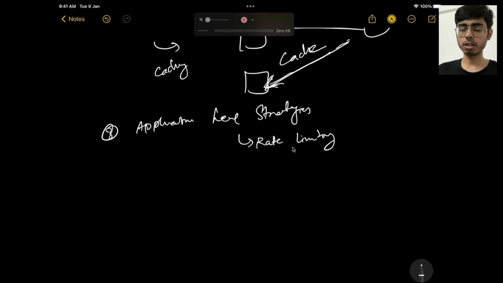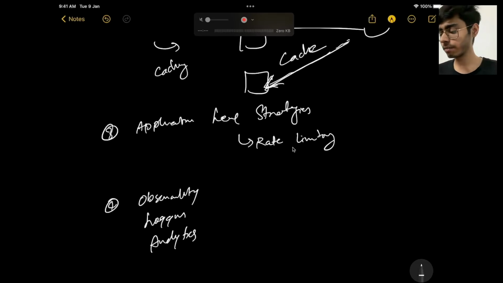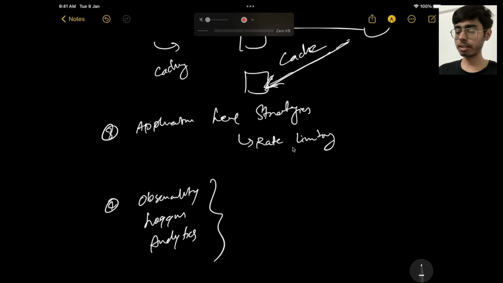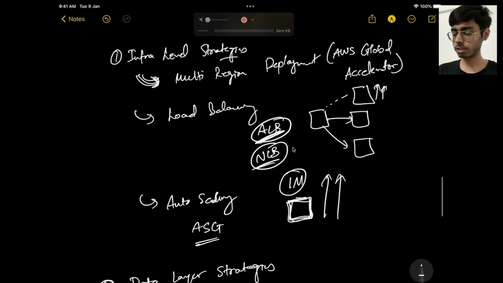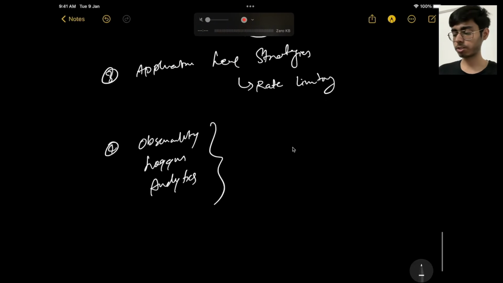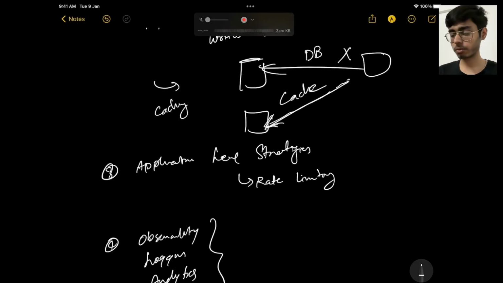So you can give the example of observability, that you will use these tools: logging, analytics, Prometheus, Grafana, and you can keep on monitoring your system whenever it is required to make it available and scale it up. Overall, this much is enough. If you give these examples, infrastructure level strategies, data layer strategies, and application level strategies, they should be enough. And then a cross question can be there on one strategy.